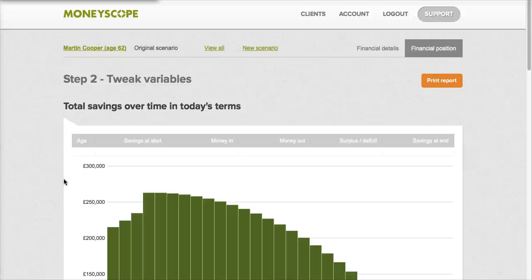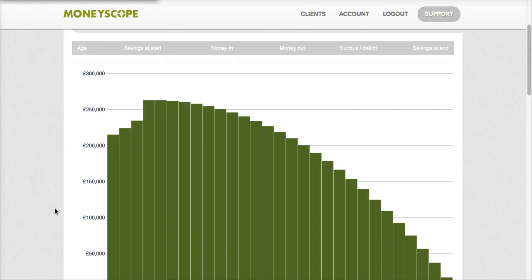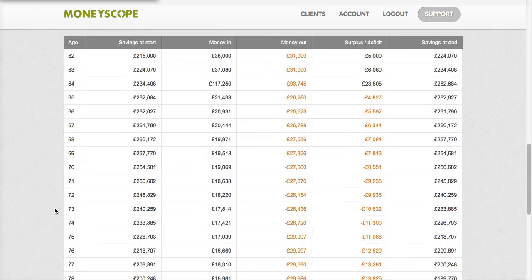Hello, this is a demonstration of how you can play around with some of the variables in Moneyscope. We've already entered the financial details for our client and we now want to have a bit of a play with these. So you'll see that the information that you've entered has already generated a chart and a yearly breakdown